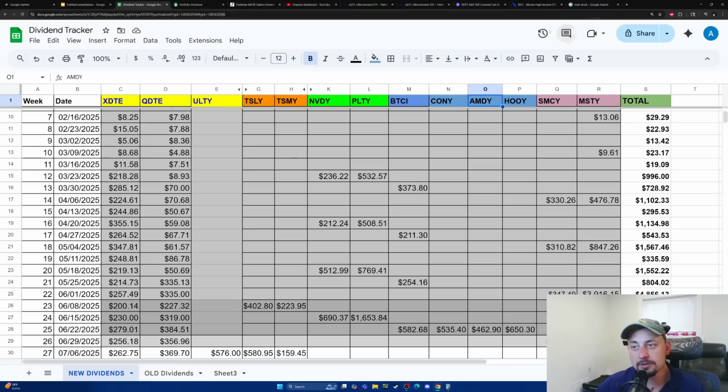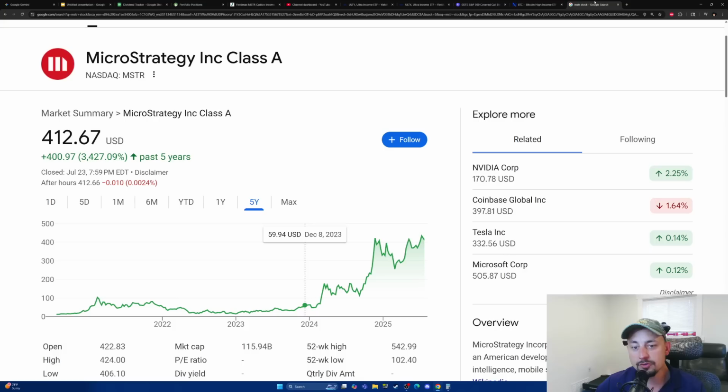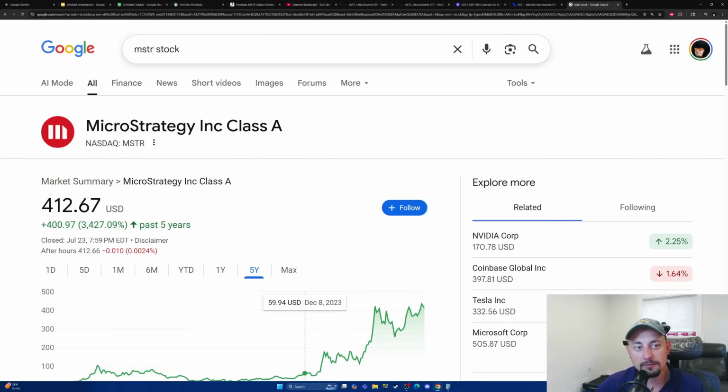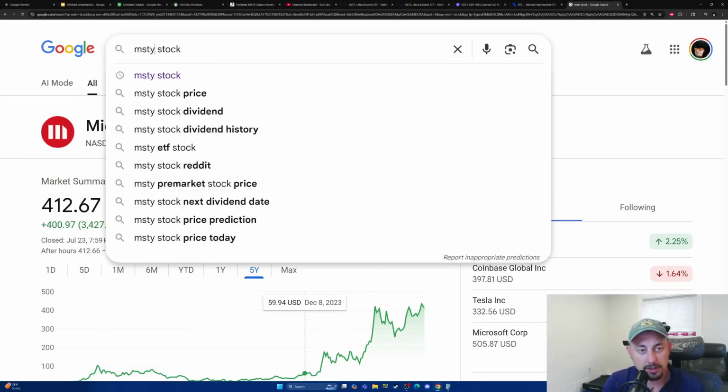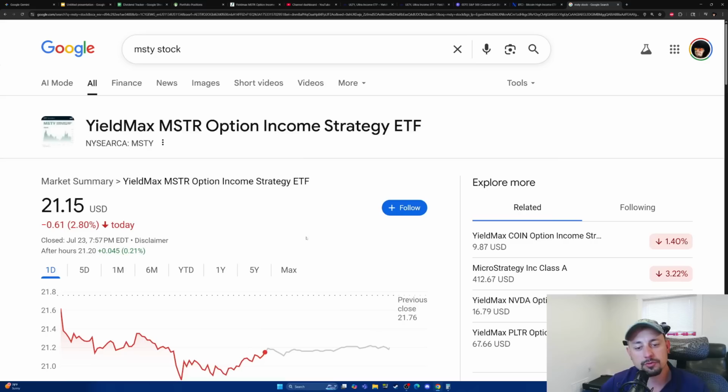But as far as I'm concerned, I don't want to be married to these funds, and a lot of folks are kind of married to the funds. They continue to dollar cost average. They have this super duper belief that all this stuff's going to last forever. No, I think if momentum is up and you're able to extract a dividend and get the momentum as you're getting the dividend, you're kind of double dipping.